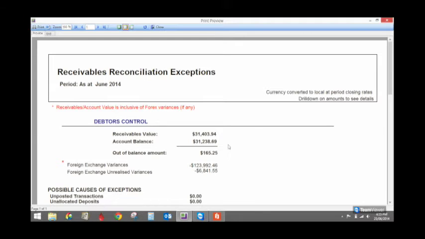And the next stage after that is to make a judgment call. So like what we saw in May, there was a variance of about $124,000. In relation to the size of their business, that's a massive difference. However, $165 difference relative to the size of their business is an immaterial amount. So we need to make a judgment call on whether the out of balance amount is something that we can